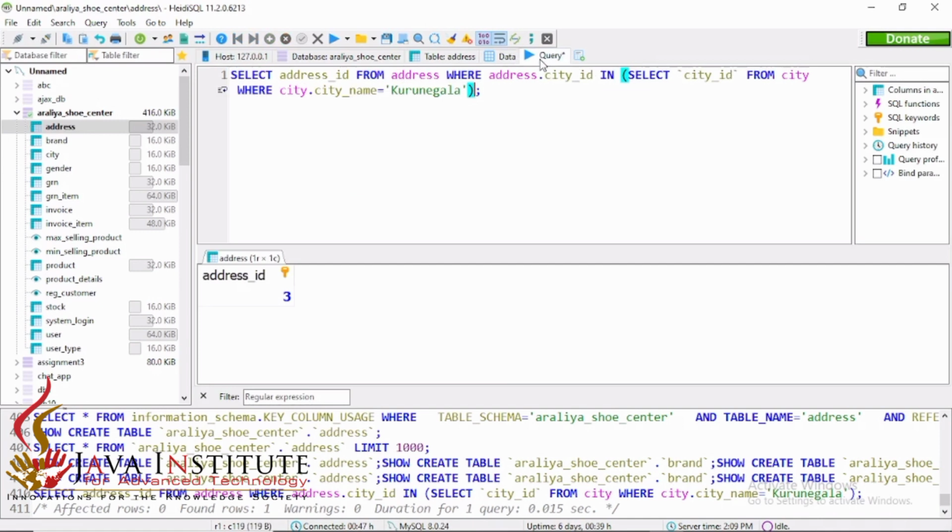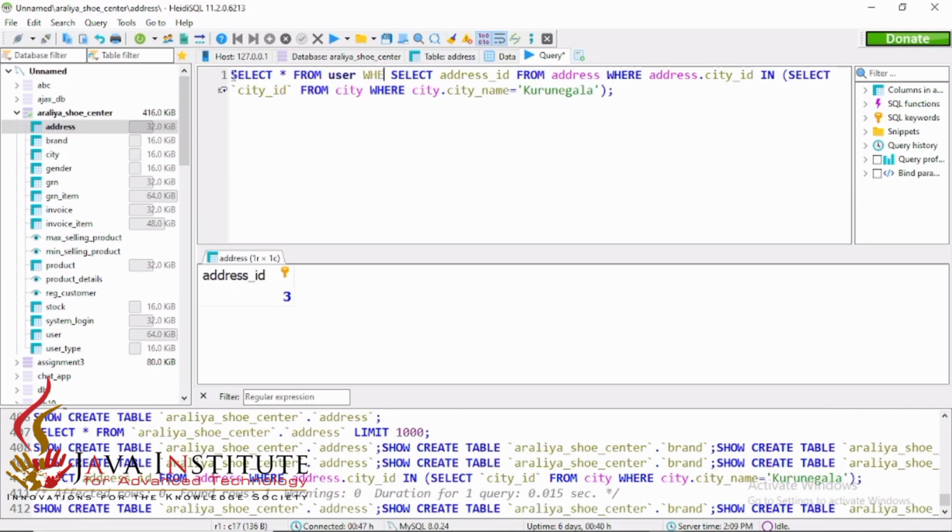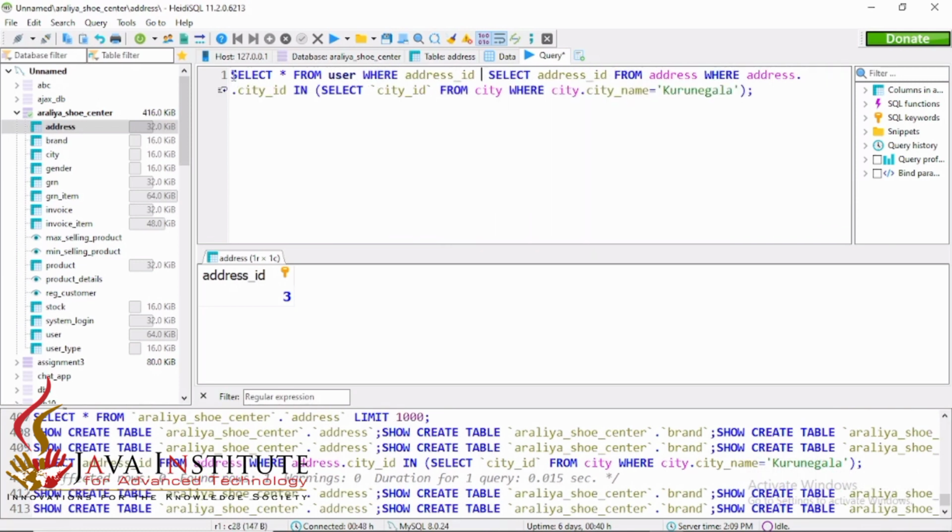Okay, it's done. Then here we have to find out all the details of the registered users who are living in this Kurunegala city. So I'm going to select all from user where address ID equal to this one.